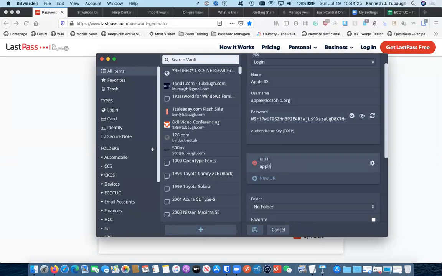So I happen to know that the website is appleid.apple.com. But let's say that I needed a second URL. Maybe I don't go to just this. Maybe I go to iCloud.com. So you can add in with this button right here as many links to web pages as you want, as many URLs as you want. In this case, I have 2. There's probably a third one. Apple.com may have its own login, maybe